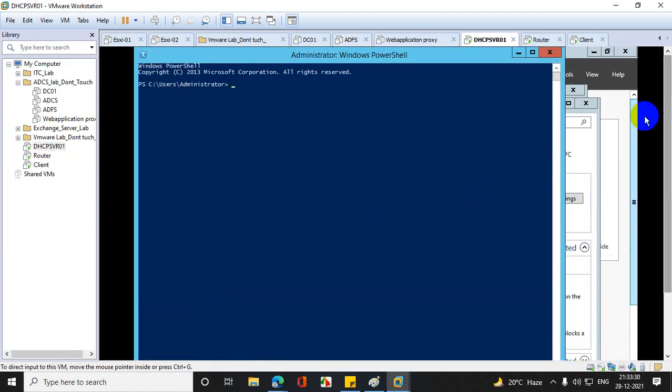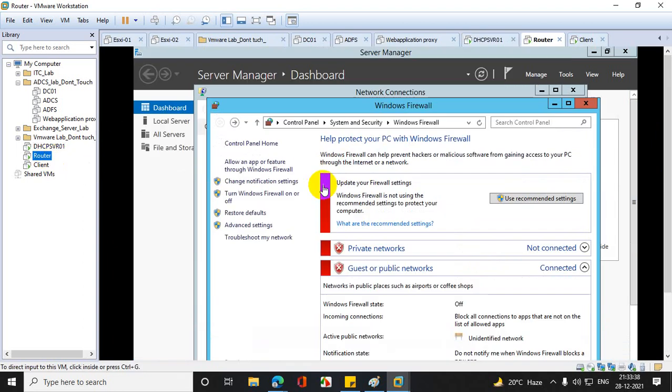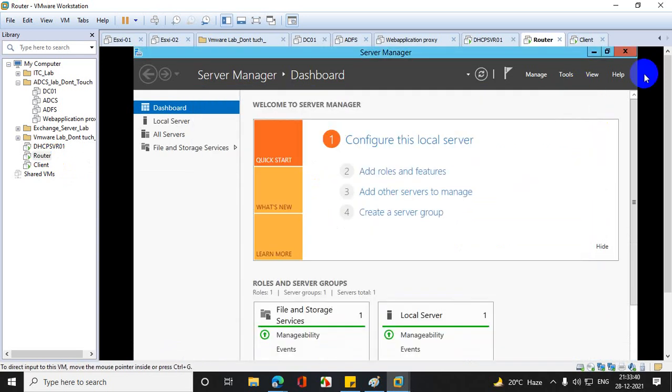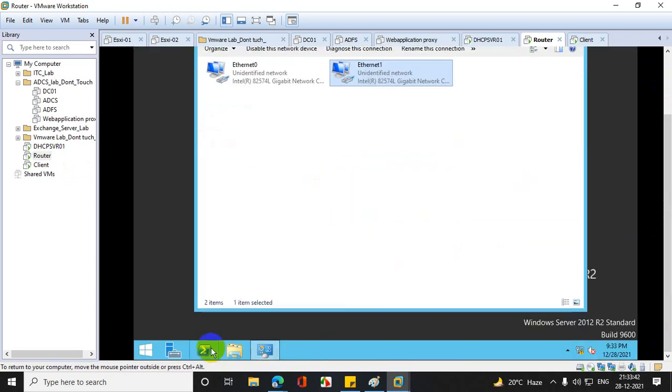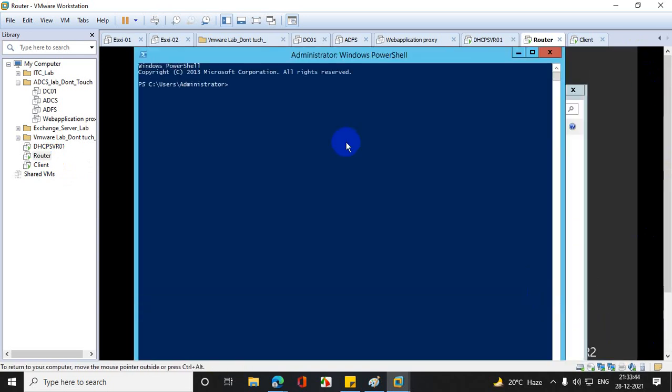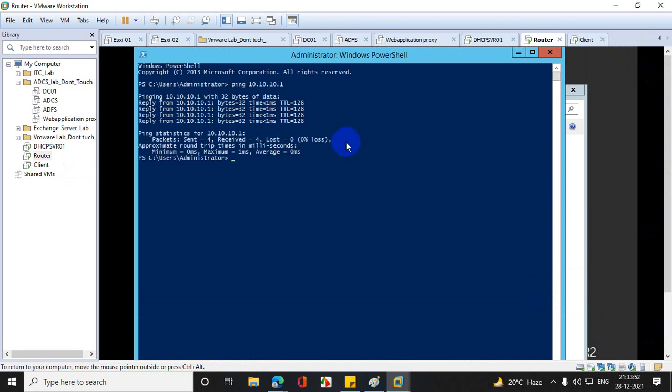I'll ping the router IP 10.10.10.10 from my DHCP server. Will that ping? Yes. The same thing I will try from here: ping 10.10.10.1. Perfect. They are pinging each other. Very good. Then what do we need to do?